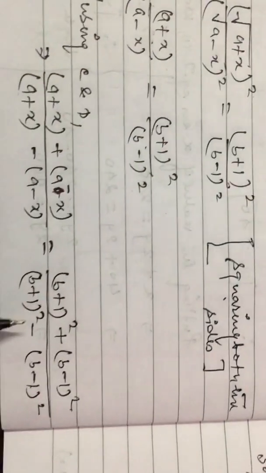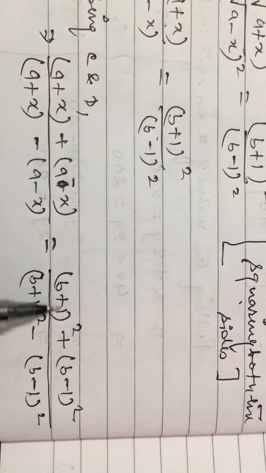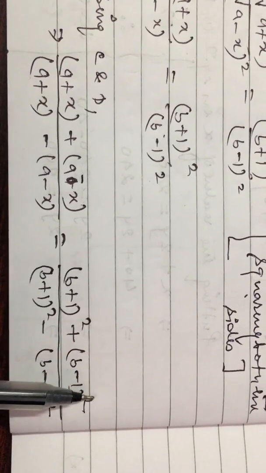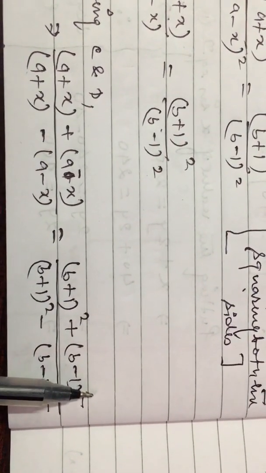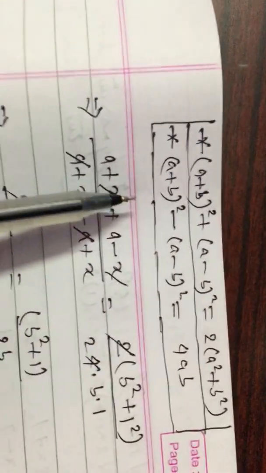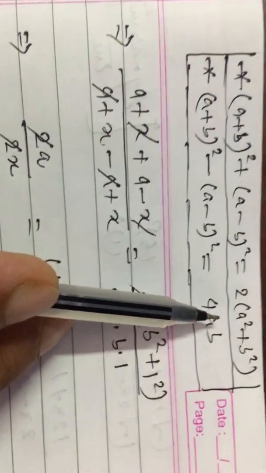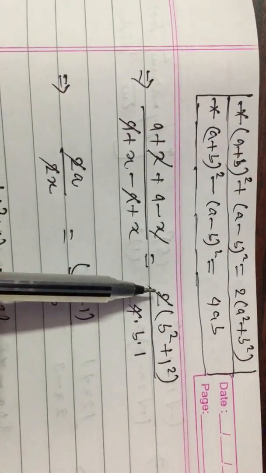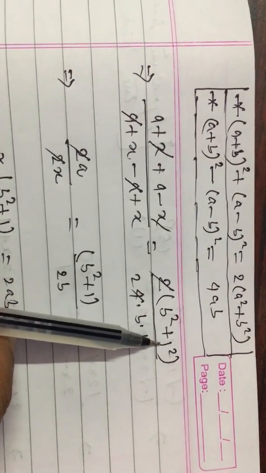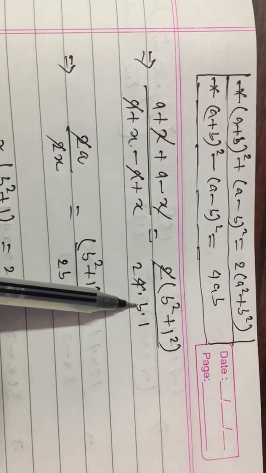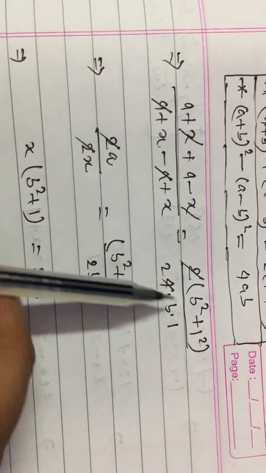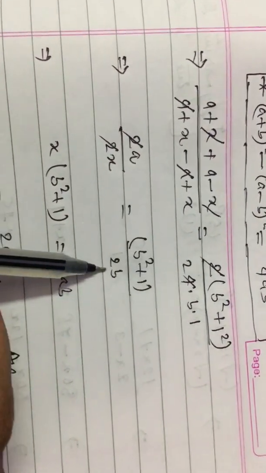See the RHS part, it is the formula which in the chapter of expansion you have learned, I think: a plus b whole square plus a minus b whole square is equal to 2 times a square plus b square, and a plus b whole square minus a minus b whole square is 4ab. Now on applying this formula, 2 written here, your a is b and your b is 1. By formula 4, your a is b and b is 1. So 2 1s are 2 and 2 2s are 4. B square plus 1, and here 2 1s are 2b.